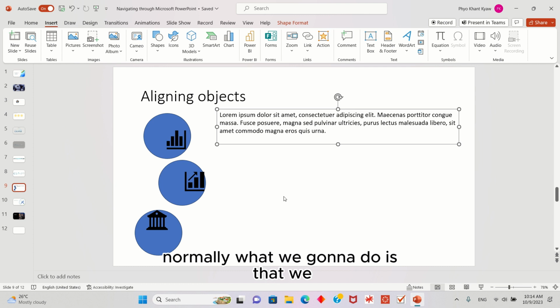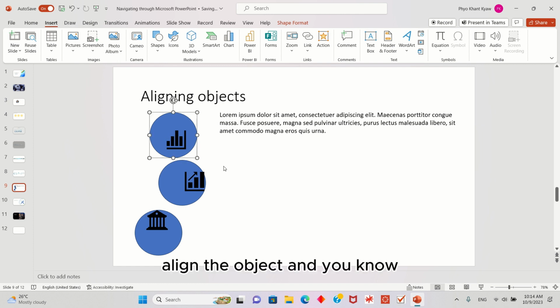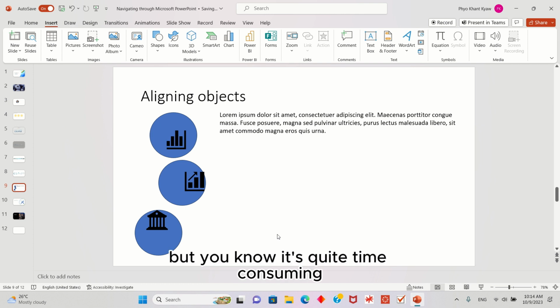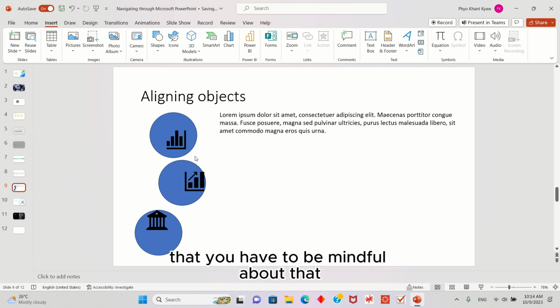Normally what we do is manually adjust and align the objects, and if you prefer that way, then you can do it, but it's quite time consuming. You have to adjust it manually, so you have to be mindful about the spacing and all the other things. But if you prefer that way,